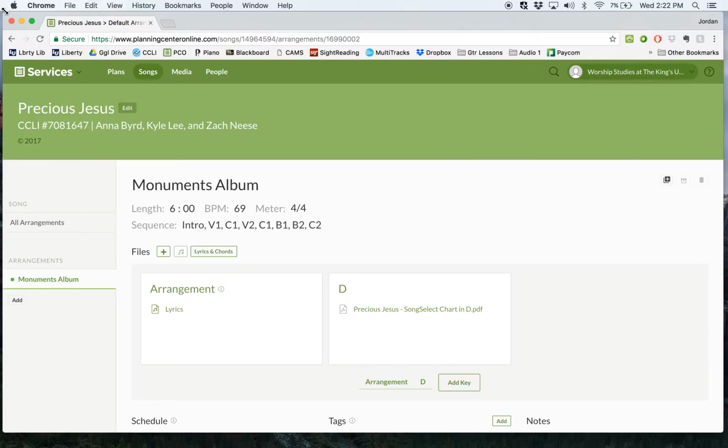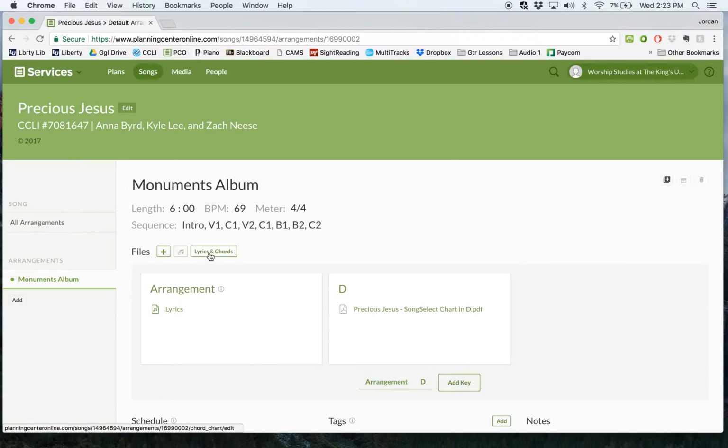So here I have a song, Precious Jesus, by Zach Neese, Anna Bird, and Kyle Lee. It has the original or older hymn or anthem, Jesus, Jesus, How I Love Thee, as a bridge. Beautiful song. As you can see, I've got the metadata already kind of set up here. I chose this song. We're going to be looking specifically at the chorus of this song for how we make Chord Pro chord charts. It has some details in it that really help us think in the right direction with